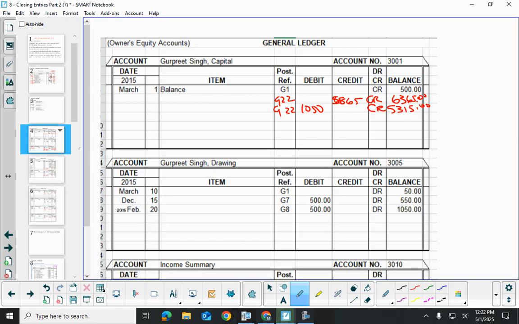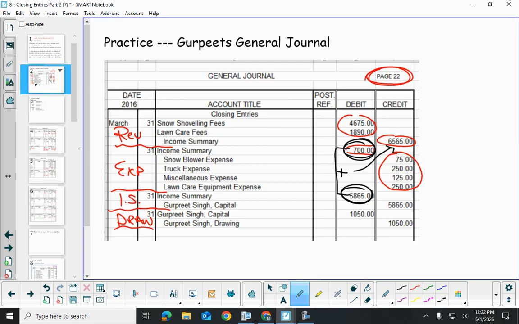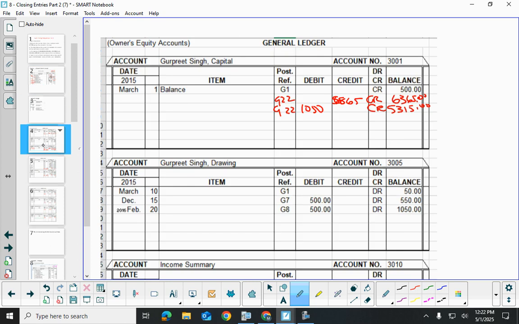And then the other part of the transaction was drawings gets debited. Or sorry, drawings gets credited. So right now drawings has a debit of 1,050. So I'm going to credit 1,050. So that gives us